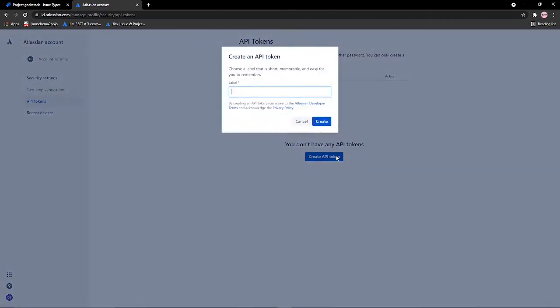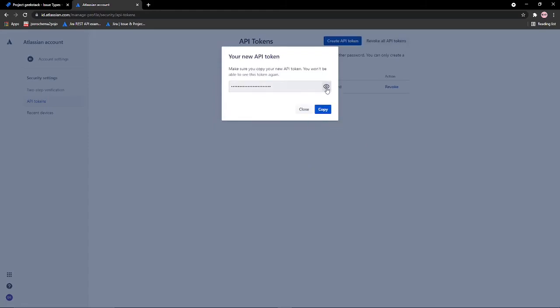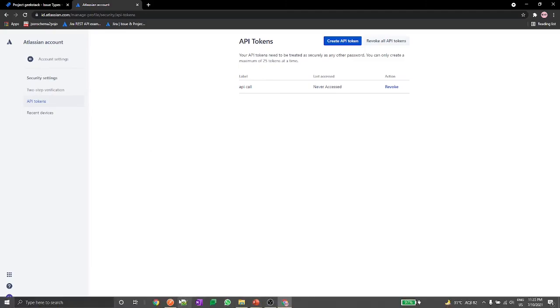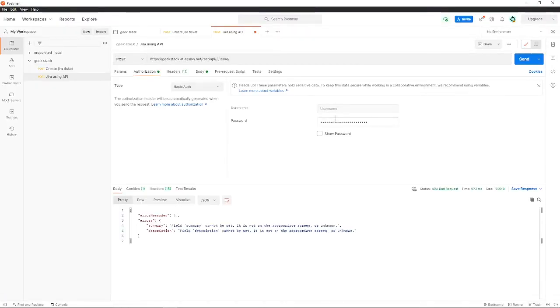Click on this and give any name; I'm just giving API call. Copy this token and close. You have to pass this in the password field, and for the username you can pass the email ID. This is my email ID. Now I'll make the call.